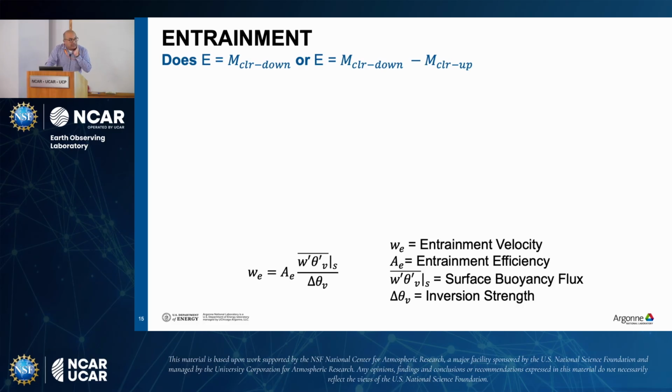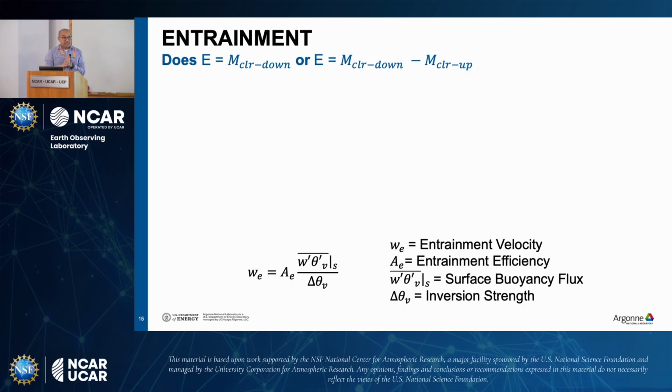All right. Lastly, we go to entrainment. As I mentioned before, in some old formulations, the entrainment rate is just used as a clear air downdraft mass flux. So how much air is coming down from clear air. In the recent version, they will say it's a sum of the two, which is clear air down minus clear air up. And the hope in this case is that this will be net positive, so it's also adding mass to the mixed layer. That's how it works out.